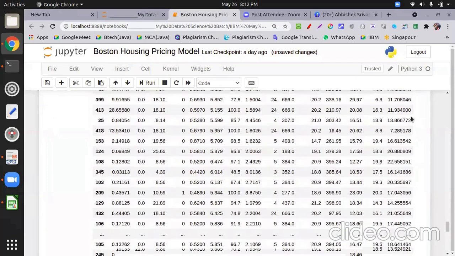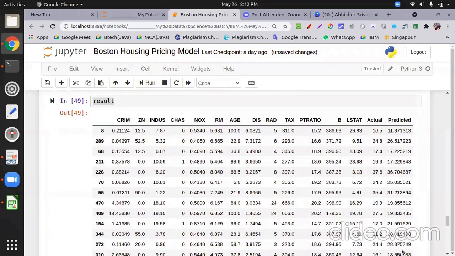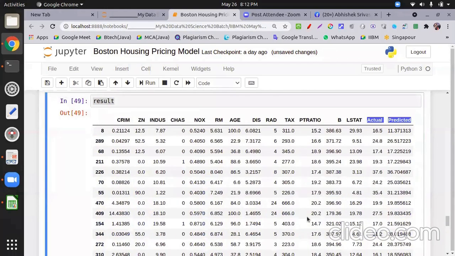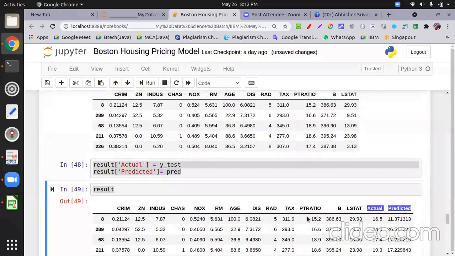Sir, this is Sandeep, sir. Yes, Sandeep. Sir, I have a doubt. Is there any chance of a change in accuracy if we change the random state, or will it give the same accuracy with any random state? Nothing happens, just a little deviation in errors. You can take your random state. I will show you how to fix the random state so that you and I get the same shuffling.